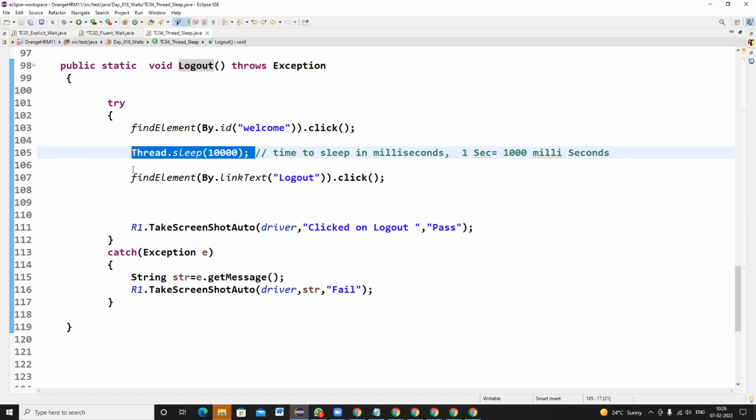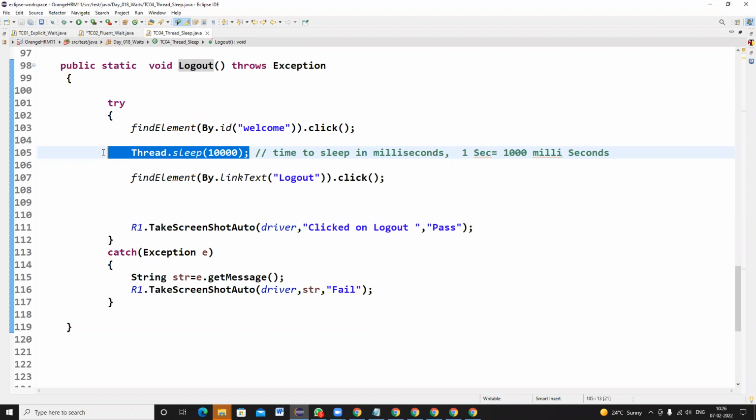Suppose you have written thread.sleep here, and another web element also has the same issue, and there also you have written thread.sleep, and again at 10 places you are writing thread.sleep. Is it better to write thread.sleep at 10 places, or is it better to write implicit wait one time?